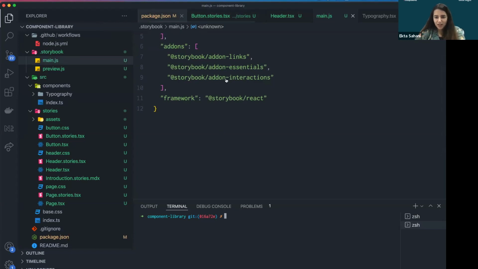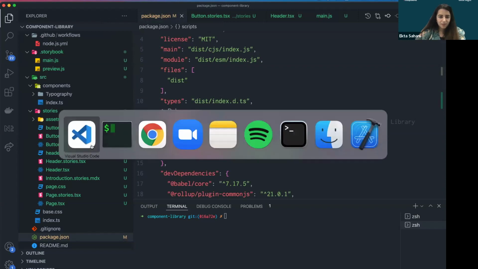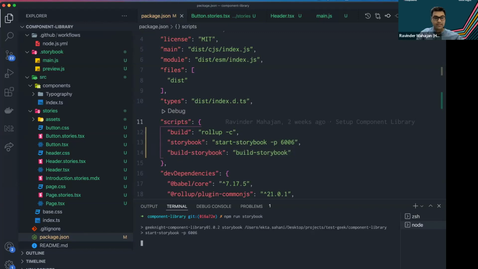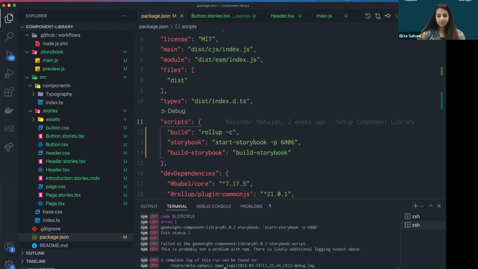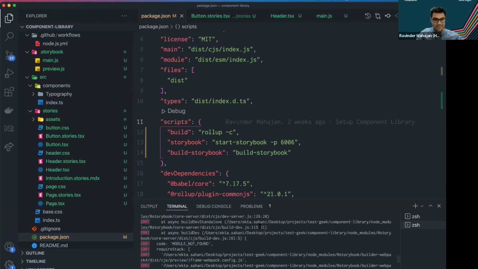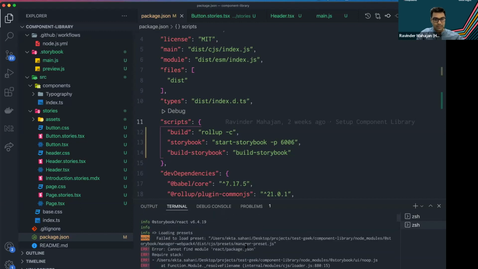So let's see where we want to run this. The next step you want to do is npm run Storybook. Guys, if you're interested in how to write a story, we will showcase one of the stories that we have written. But yes, of course, just do npm install once and